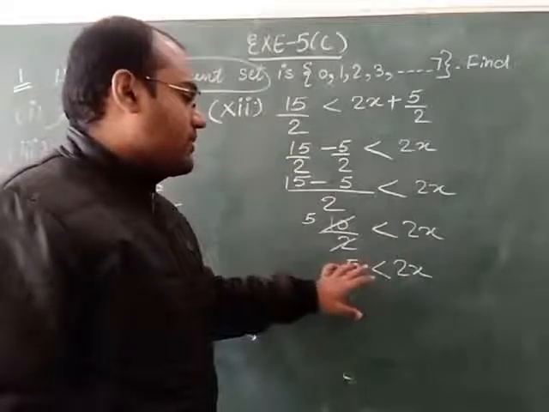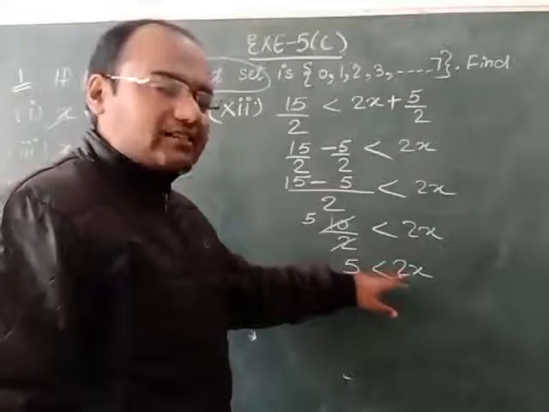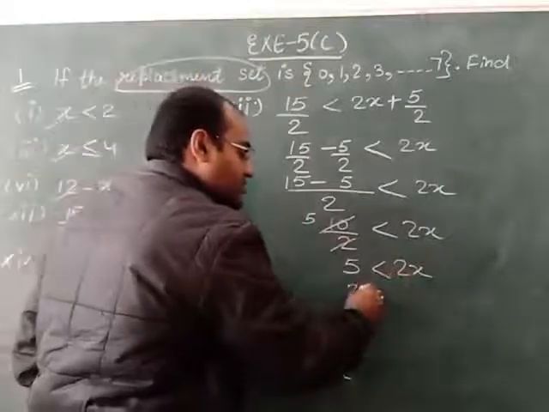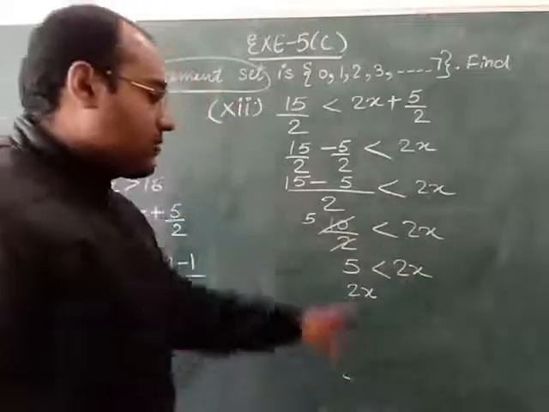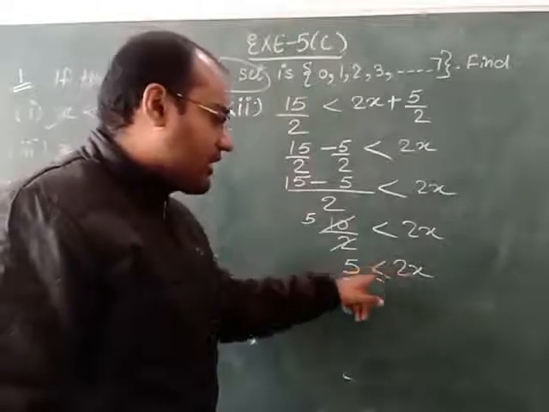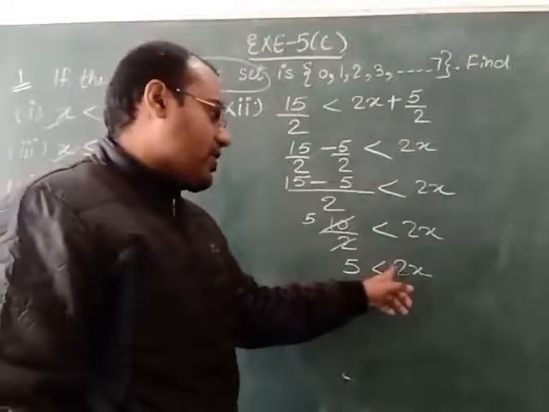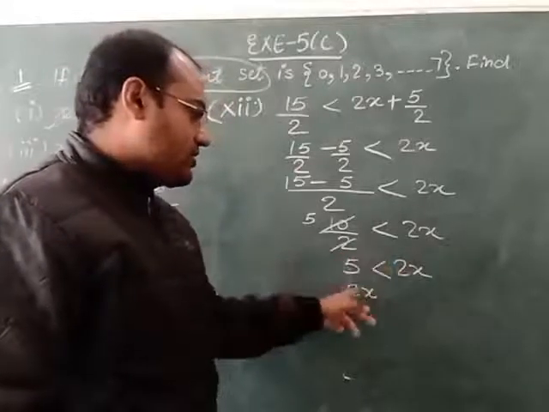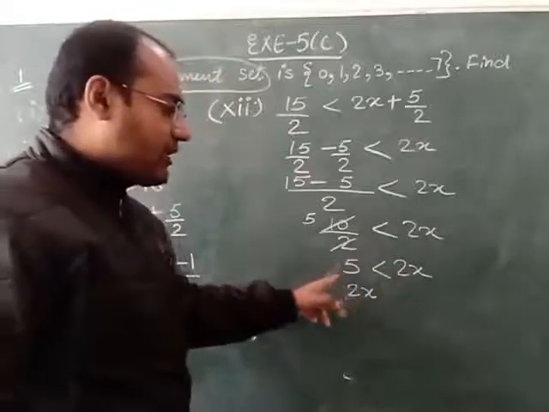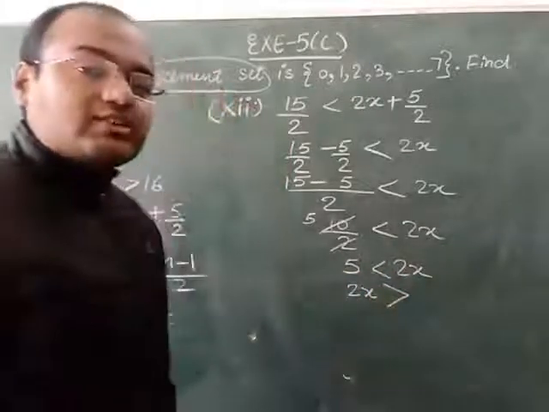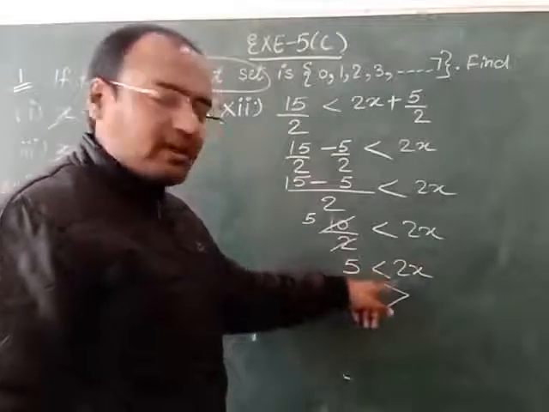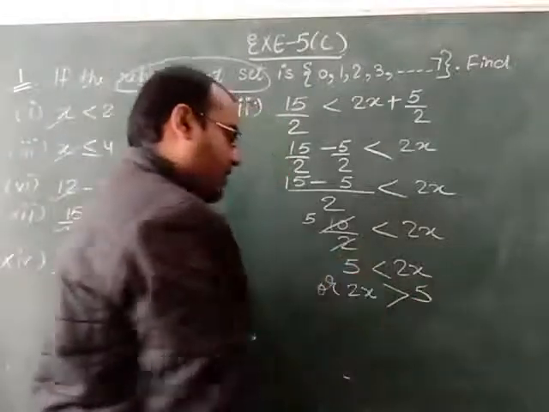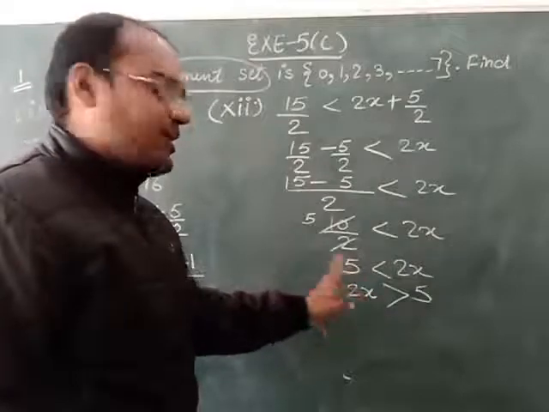Now what we will do? This x variable is coming on right hand. We will bring it on left hand. So you have to remember one thing. When we will bring this 2x on left hand, what is the sign of inequality here? 2x is greater. Here the open sign is coming. So we will interchange it and bring it on left hand side. When we will bring it here, we also have to put the same sign. Which sign? Open sign, greater than sign. So here also we will put greater than sign 5. We are interchanging it and writing it like this.